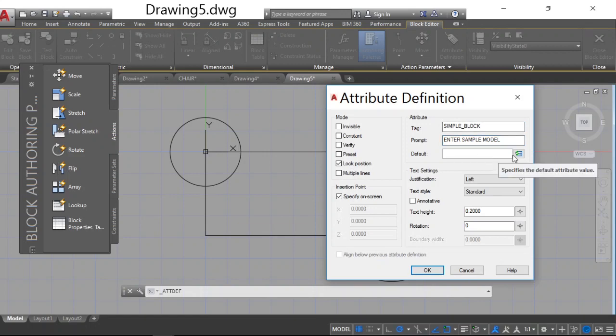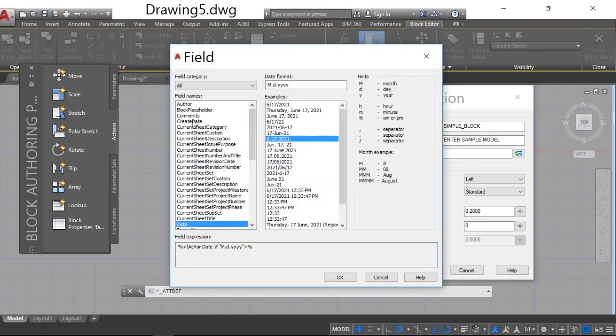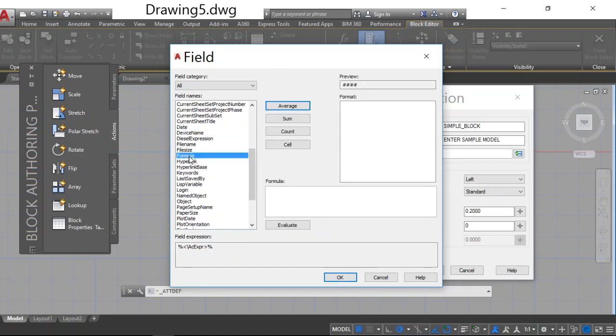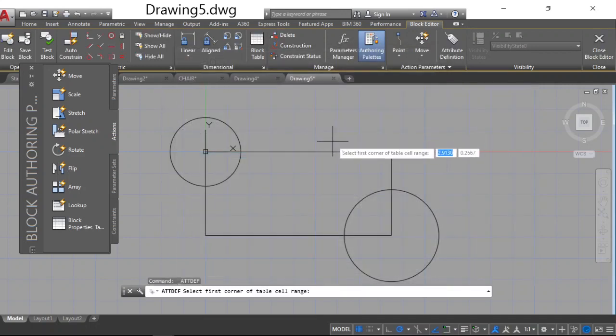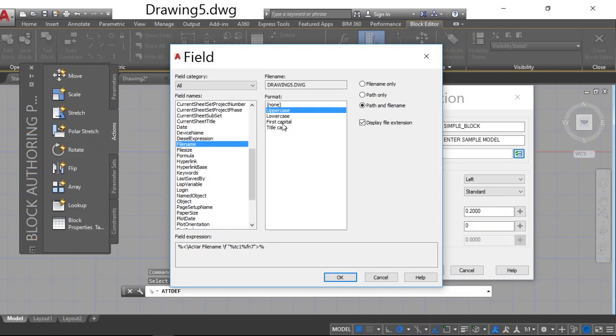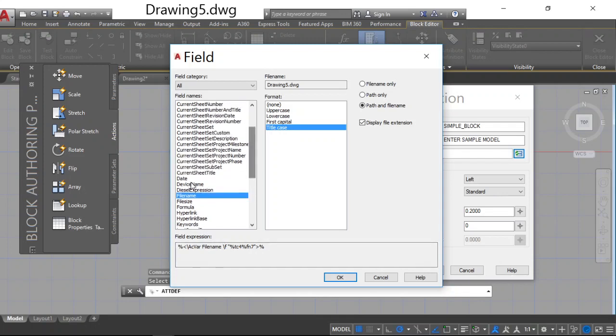So here the default value you can choose from the list here. For example, name, title case, or we can give date.